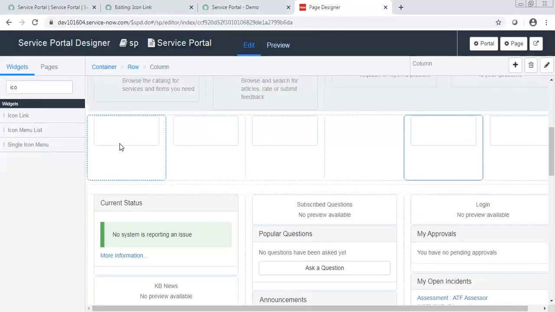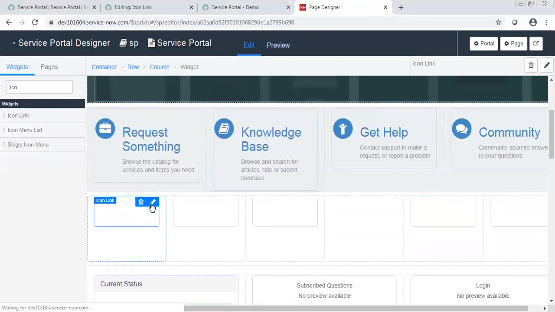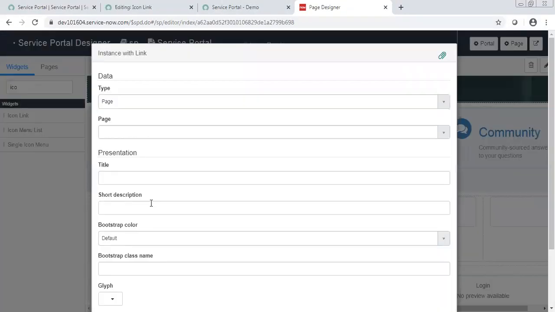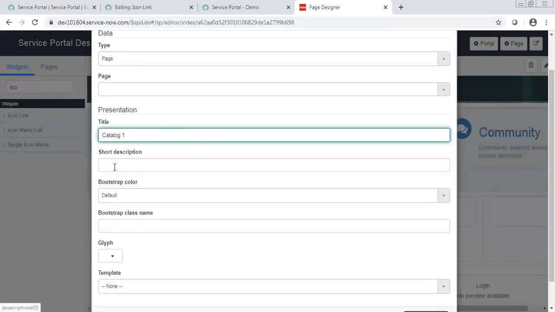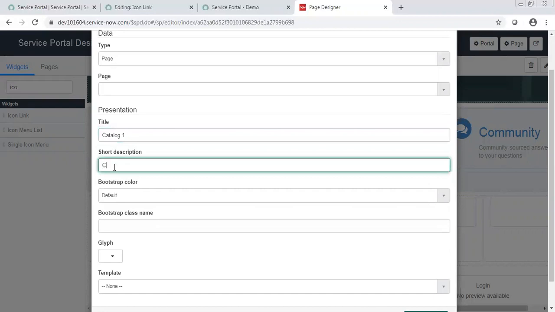Now what I need to do, you click on this pencil icon and fill in basic details, like what you want to display there. Let's say I just want to say catalog one. So in the first icon, I just want to display catalog one. And then what description you want to say.